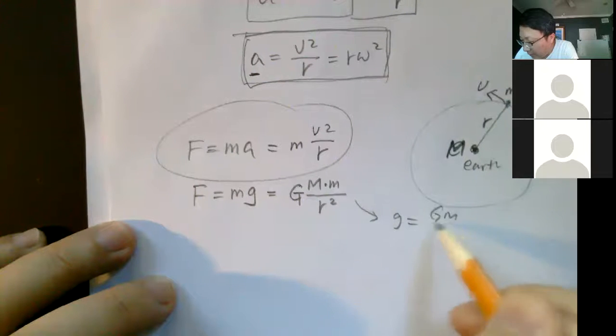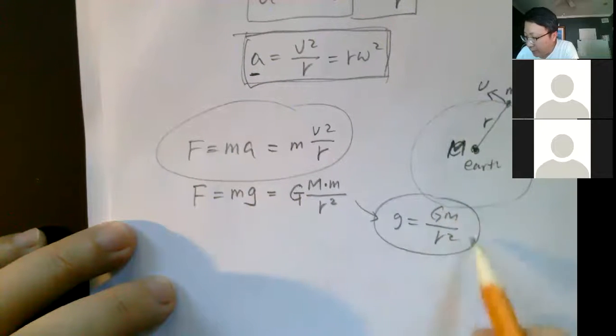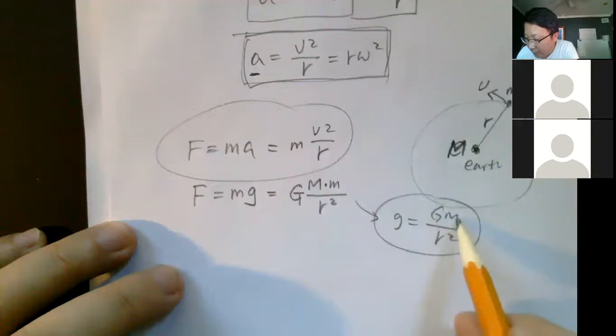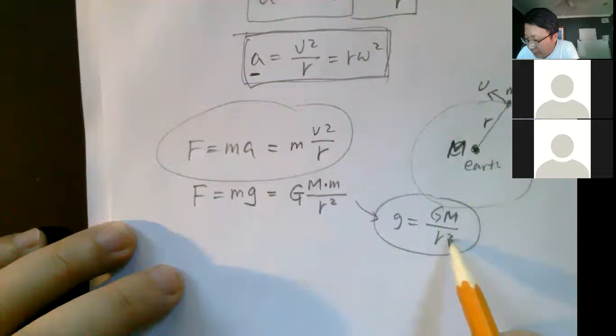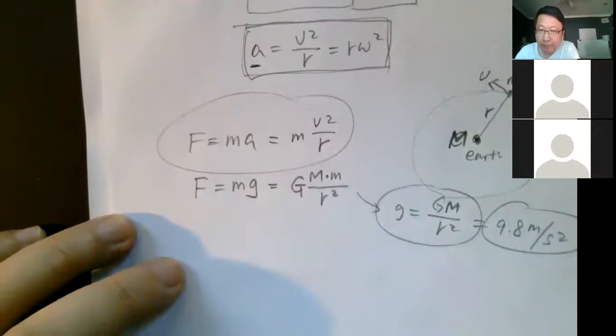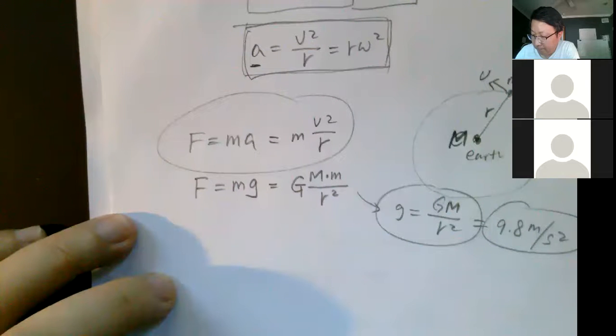It's GM divided by R squared. So you can calculate it using the gravitational constant, which is an available physical constant, and Earth's mass and Earth's radius. This one is 9.8 meters per second squared. You can easily get this one. Okay. So I tell you how to calculate this guy,